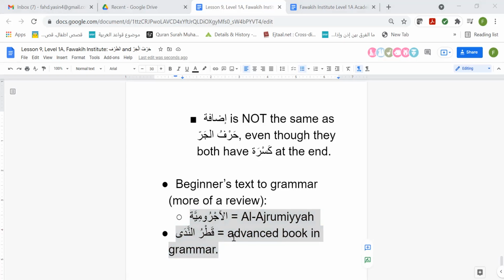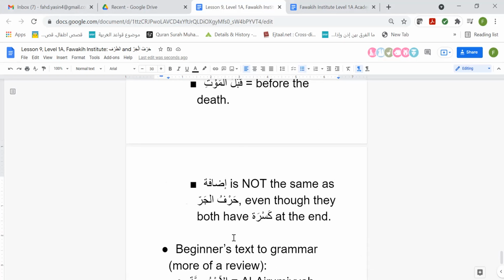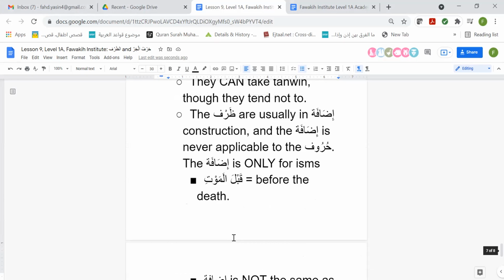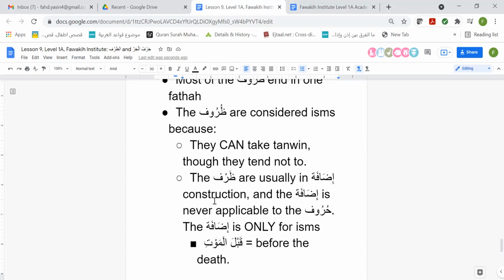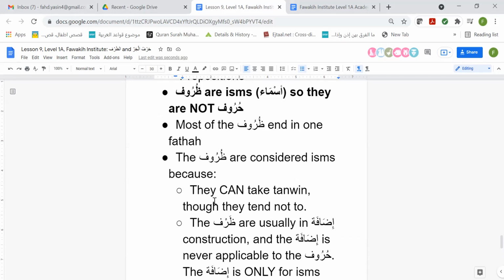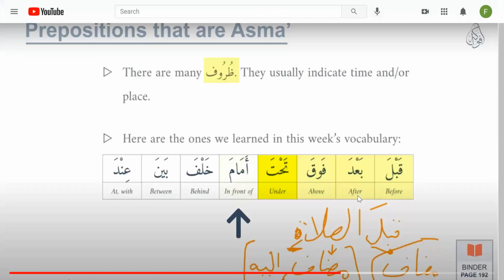But to answer your question, or actually, Sharmin, let me know if I have not answered your question, there is no answer to the why. I think it's a theory question. There's a lot of theory as to why this is the case, but it's not really a defined thing. My advice to you is to just go ahead and memorize the dhuruf. These words that you see here are dhuruf, and these are just something you have to memorize. The following word is a mudaf, and it's not considered a harf. Did I answer your question, or are you still confused?